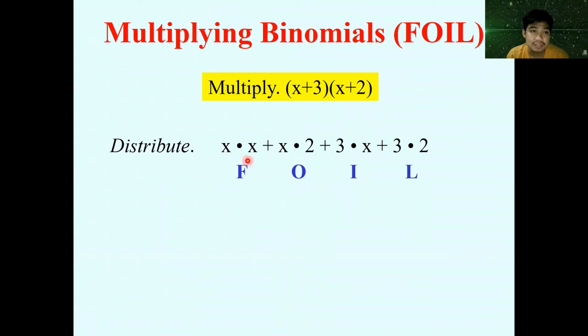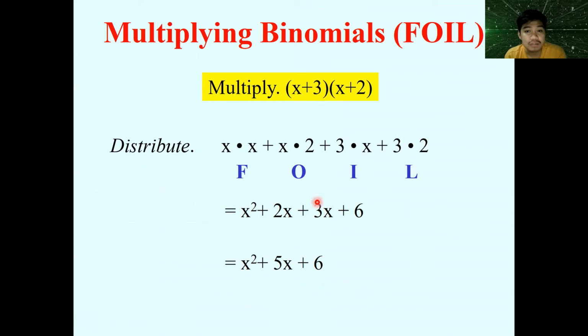So, we have x times x, which is equal to x squared. And then we have x times 2, we have 2x. And then we have x times 3, we have 3x. And then we have 3 times 2, that is equal to 6. And then, we are going to simplify yung nasa gitna kasi they are similar terms. So, we have 2x and 3x. That is equal to 5x. So, our final answer here, if we are going to multiply x plus 3 and x plus 2, is x squared plus 5x plus 6, which is a type of polynomial that has 3 terms, or tinatawag